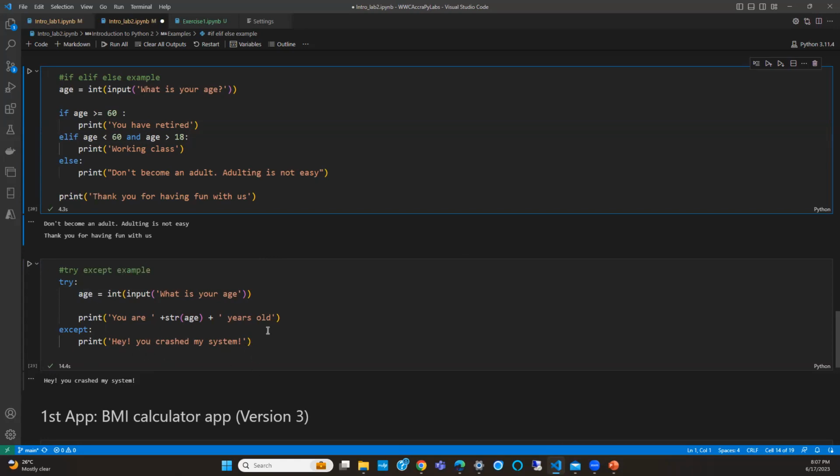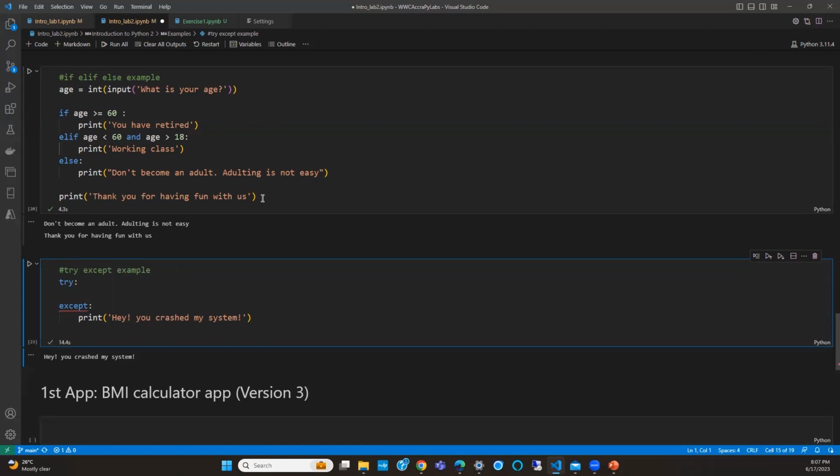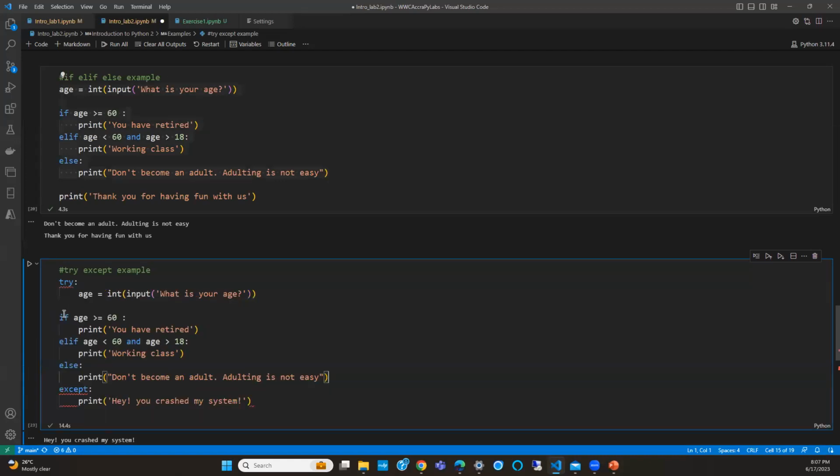This is the simple part. Now, try except with nested conditions. What I can do is have this whole section here in my, oh, that is not going to work.